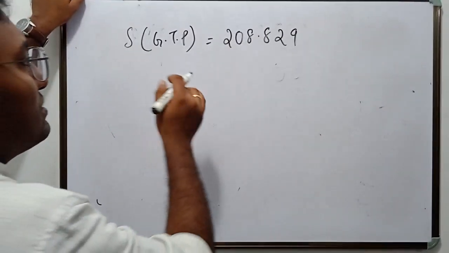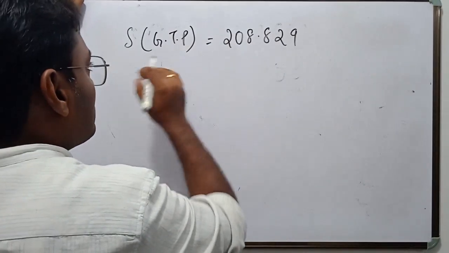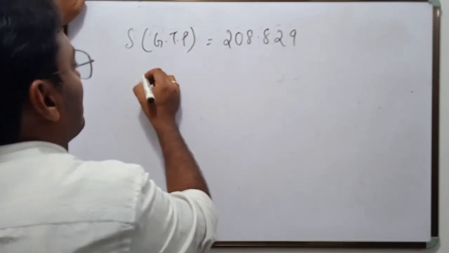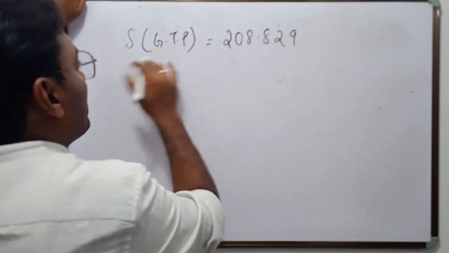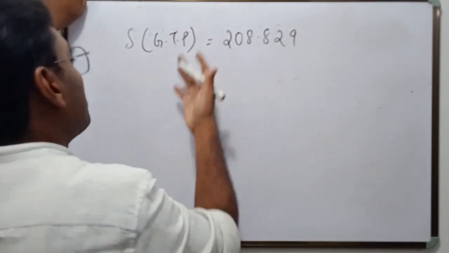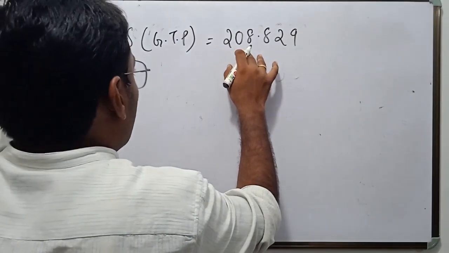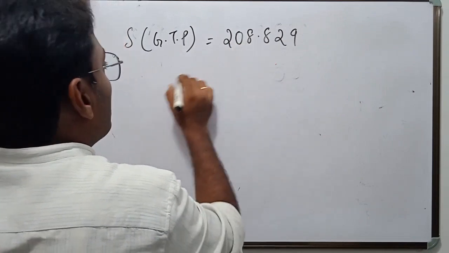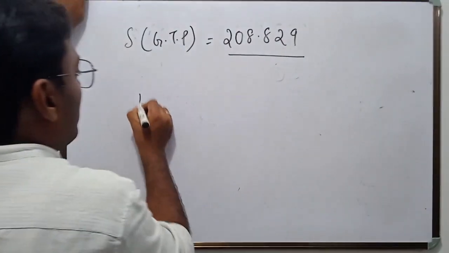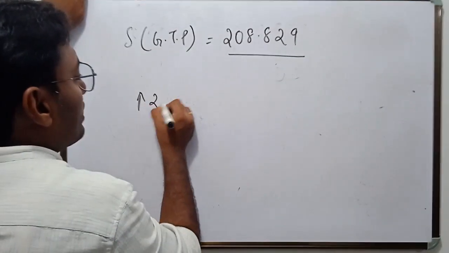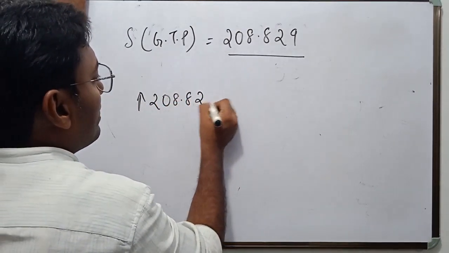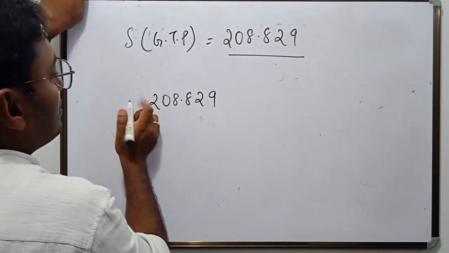If you are doing the experiment practically, and you don't know about the oil, and in practical determination the saponification value you got is more than 208.829, okay,